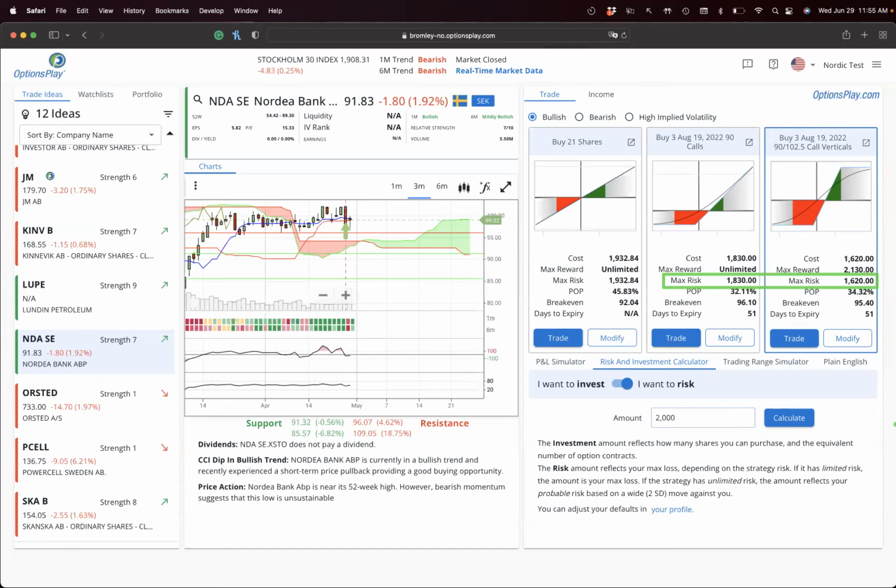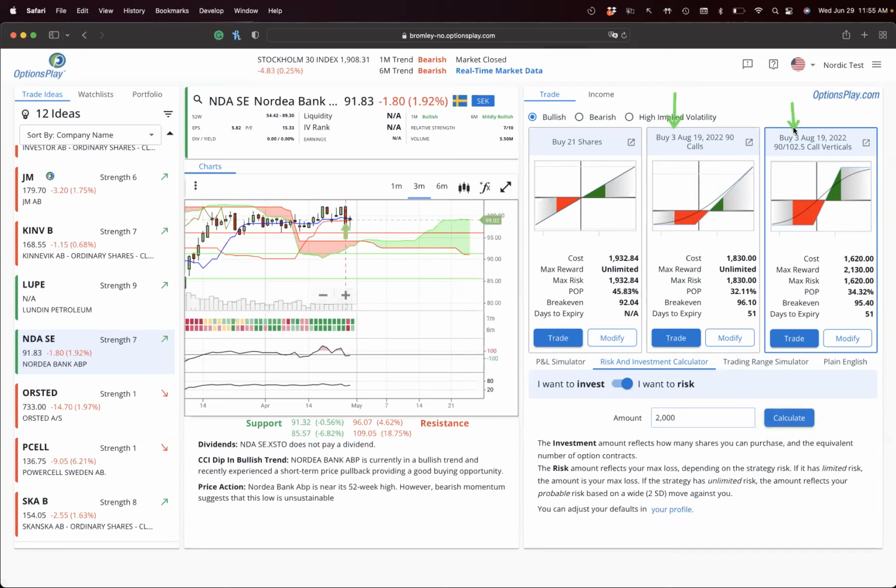And that's the role, and that's the goal of these trades, is to make sure that you stay within your risk tolerance when you place these trades. A lot of customers have trouble understanding how many contracts they should trade before they place that trade. So this tool will basically help you automate this by populating 2,000 every single time, selecting I want to risk, and the only thing you have to do is click on the calculate button, and it will automatically calculate the